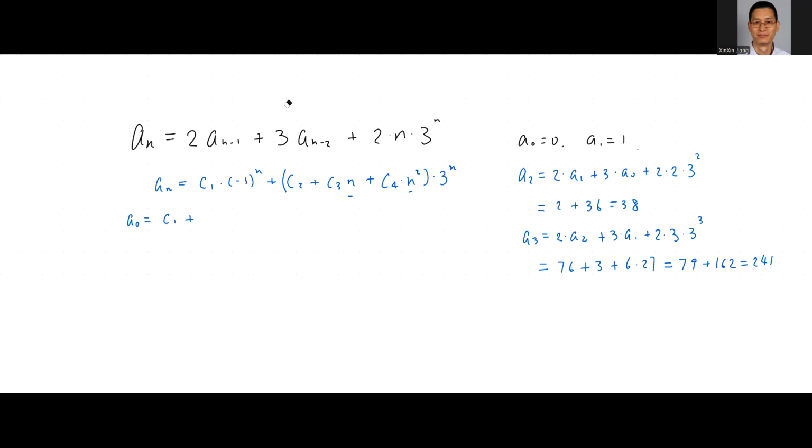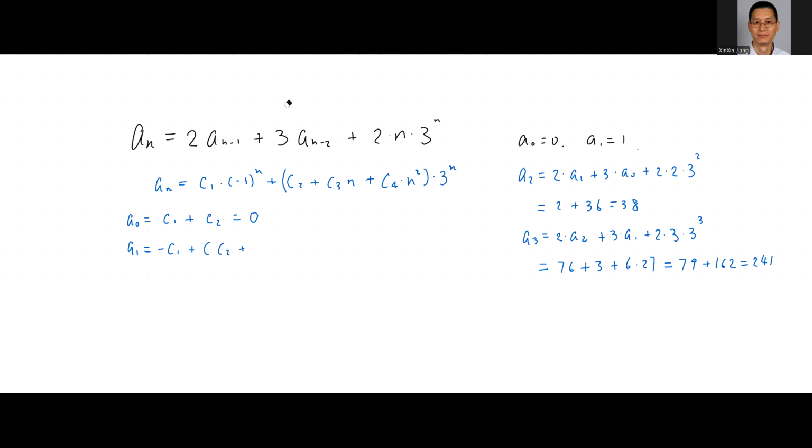And then 3 to the 0 is 1, so you get 1 times C2. That equals 0. And then you have A1. So you plug in 1, you get negative C1 plus C2 plus